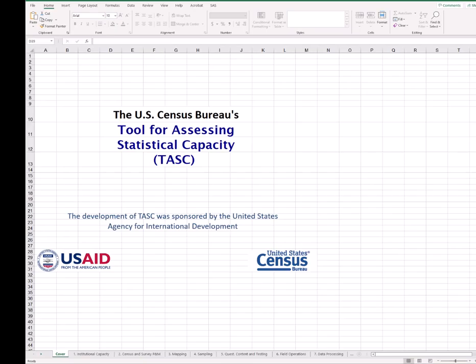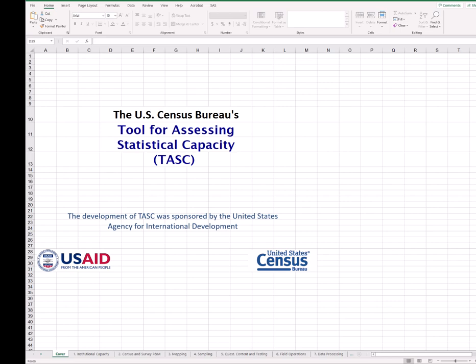Before you fill in the TASC Results Calculator, you should have collected all the filled individual and group answer sheets. The Results Calculator is an Excel tool with multiple sheets. There are 10 fillable sheets that relate to the 10 modules of the TASC. The administrator will be entering the responses from the answer sheet onto these 10 fillable sheets. The remaining sheets or tabs in the TASC Results Calculator are designed to automatically populate as the data are entered